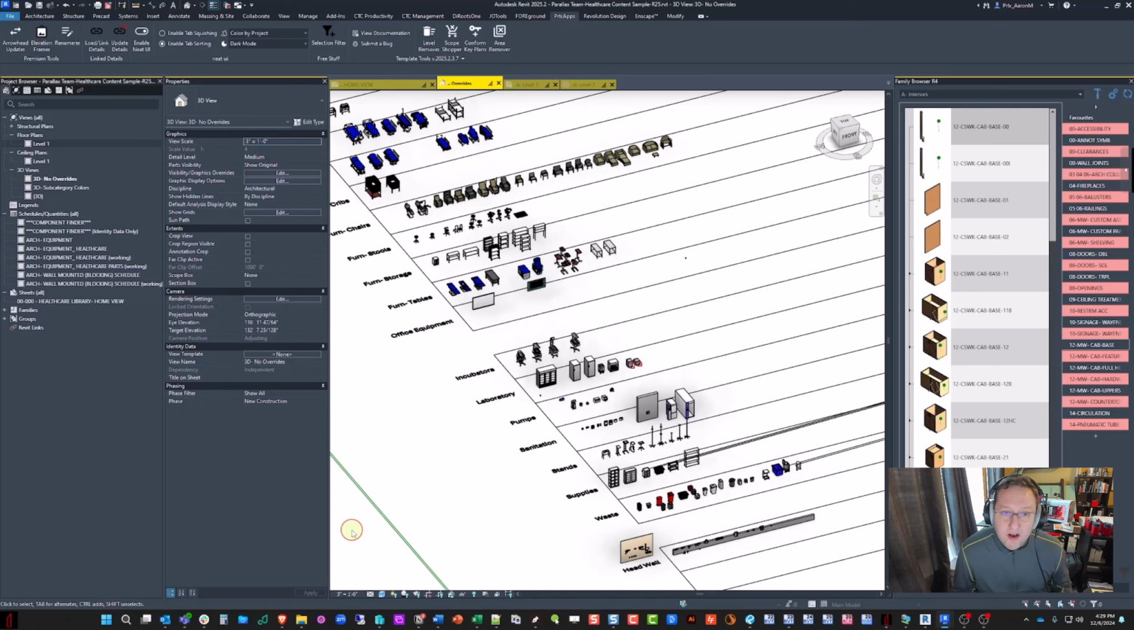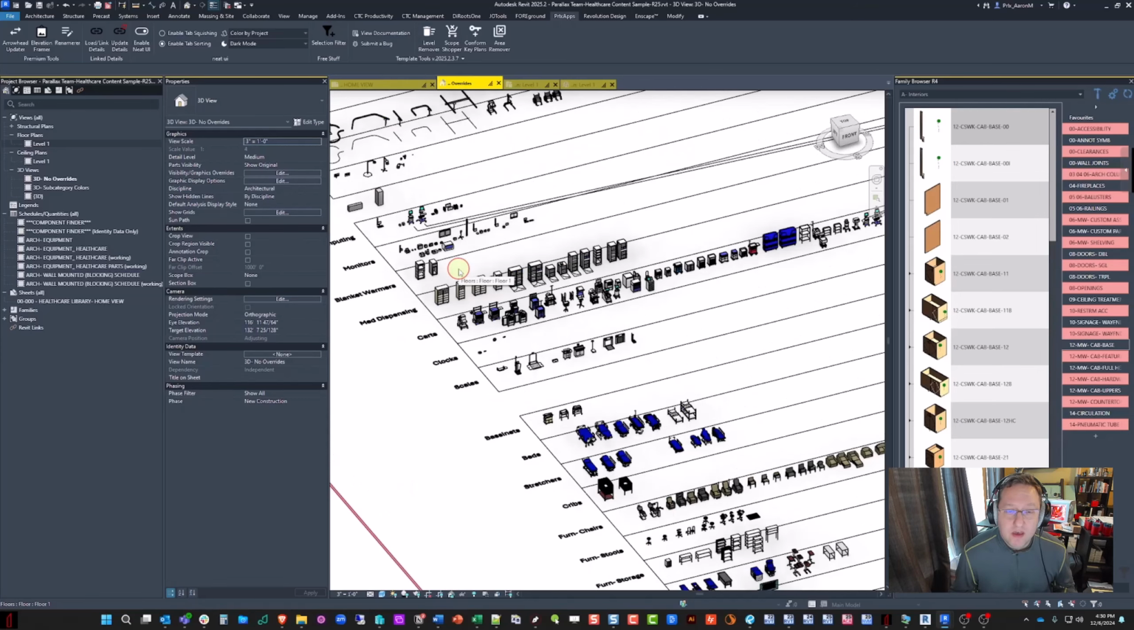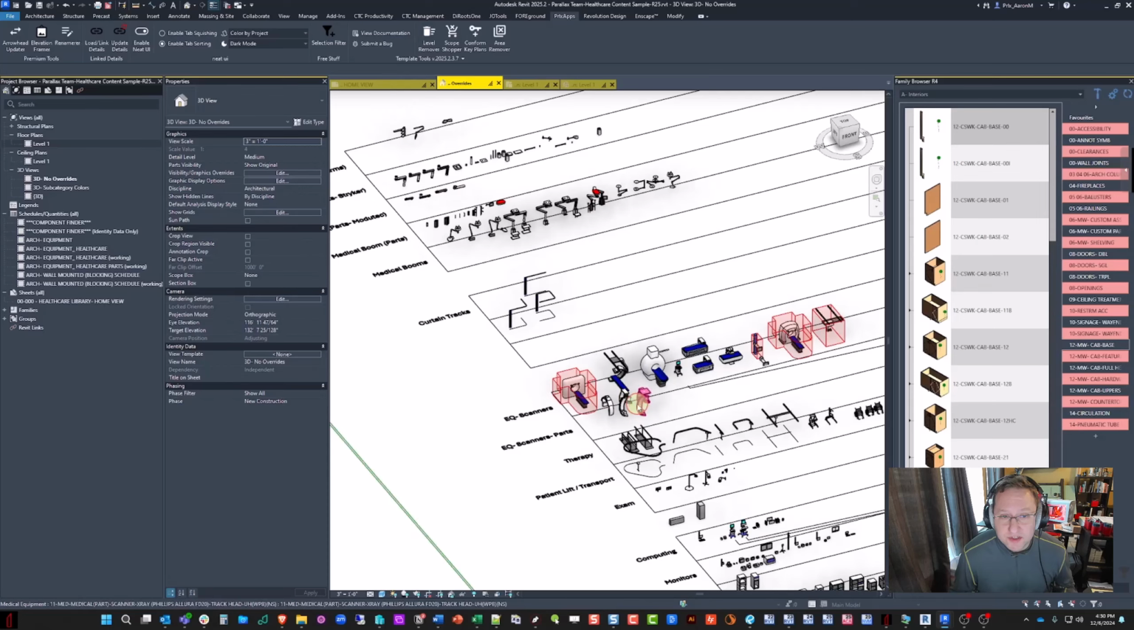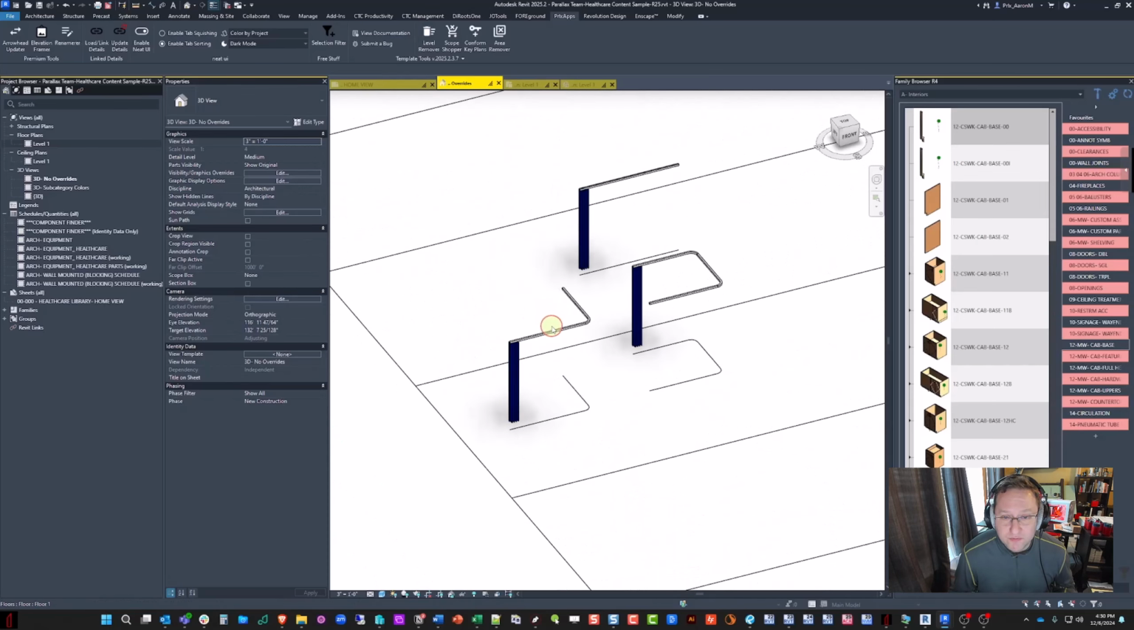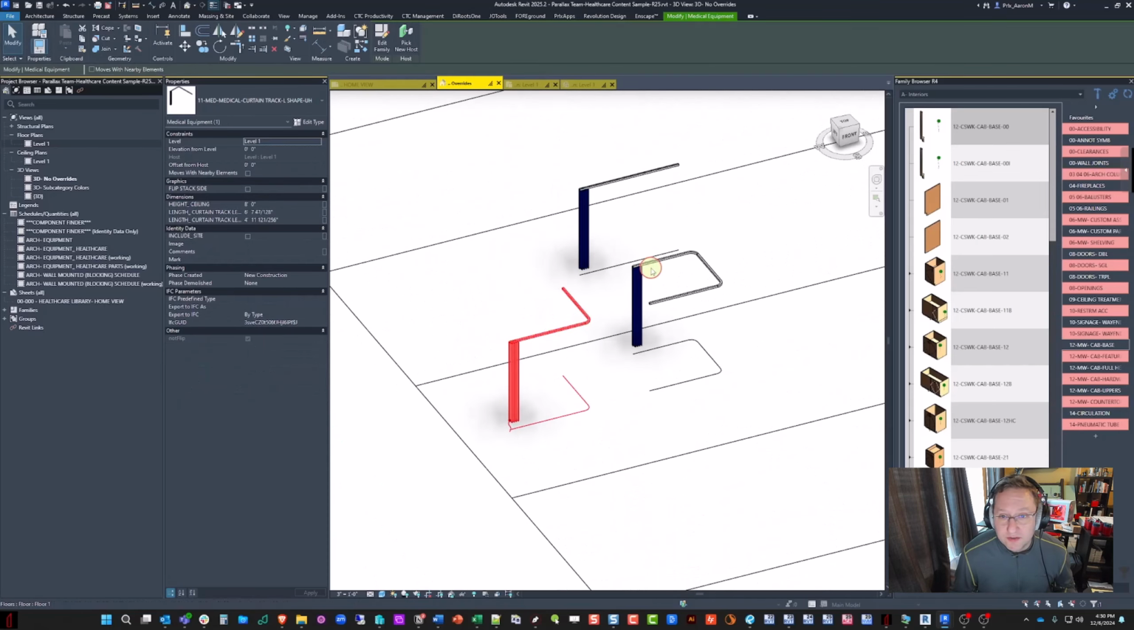To start, a number of the families in the original healthcare library were still face-based, as that was the way we were primarily building content when I first started Parallax team. A number of those families have now been converted to completely unhosted, the way we prefer to have all of our new families built. Notably, the curtain tracks are now unhosted, which means they're not actually fixed to the ceiling according to Revit,